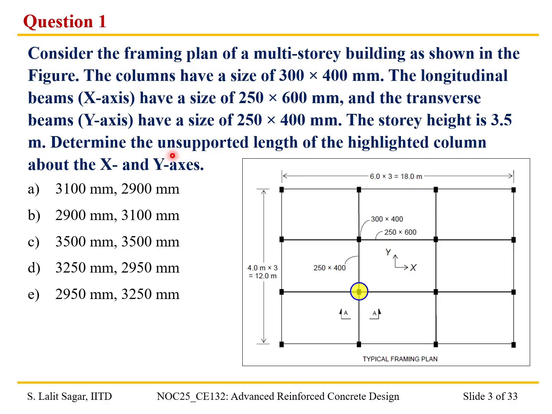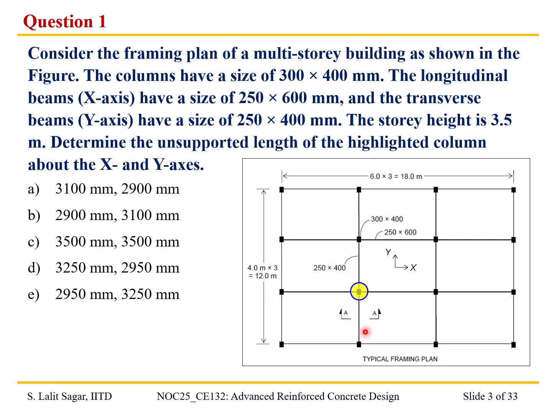Okay, so the columns in general of this plan of the multi-story building have a size of 300 millimeter by 400 millimeter, and the longitudinal beams along the x-axis. The x-axis is running in the horizontal direction in this particular plan, right? So that is having a size of 250 by 600 millimeter, and the transverse beams have a size of 250